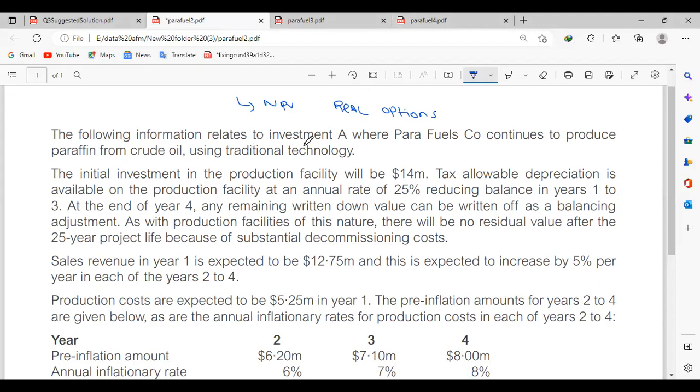The following information relates to investment A, where Parafuel continues to produce paraffin from crude oil using the traditional technology. The initial investment in the production facility will be 14 million. Tax allowable deduction is available on the production facility at an annual rate of 25%, reducing balance, in year 1